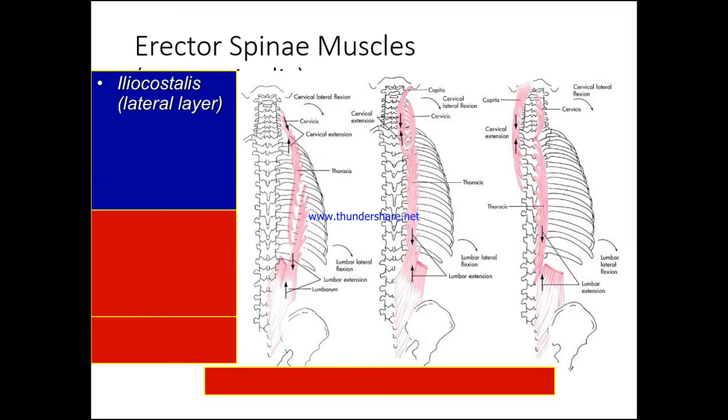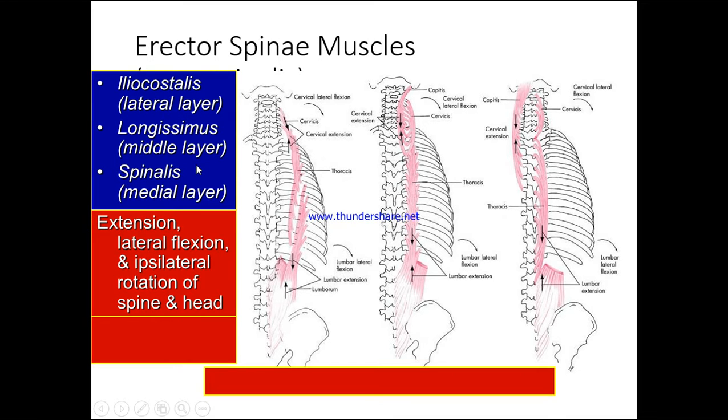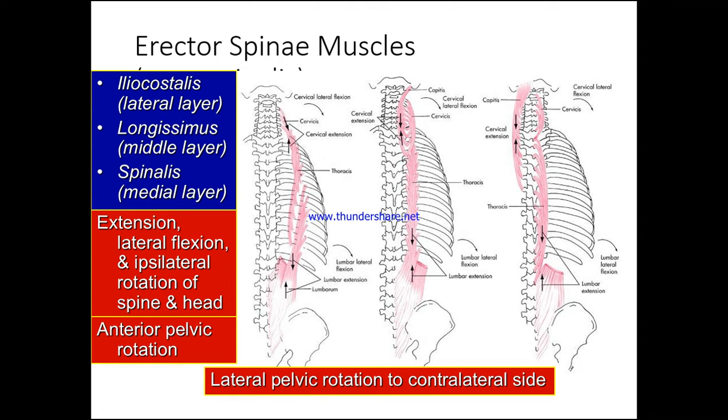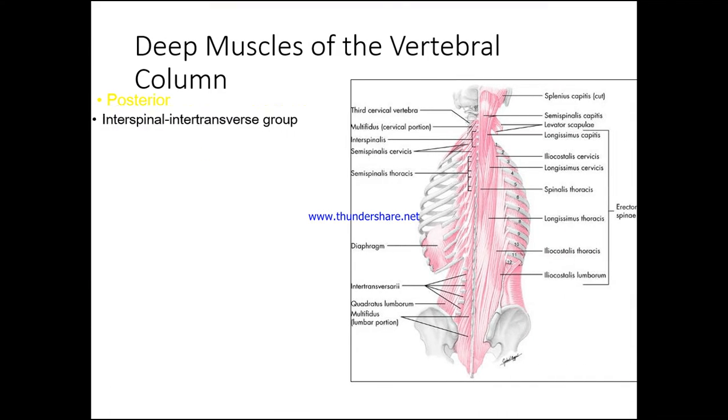The erector spinae muscles, of course, are iliocostalis, longissimus and spinalis. The ILS muscles, or if you want to play it backwards, the SLI muscles: iliocostalis lateral there, longissimus middle there, spinalis medial there. All of these form the erector spinae. Their actions are extension, lateral flexion and ipsilateral rotation of the spine and head, and anterior pelvic rotation, and lateral pelvic rotation to the contralateral side. Deep muscles of the vertebral column, we have the posterior interspinal and intertransverse group,